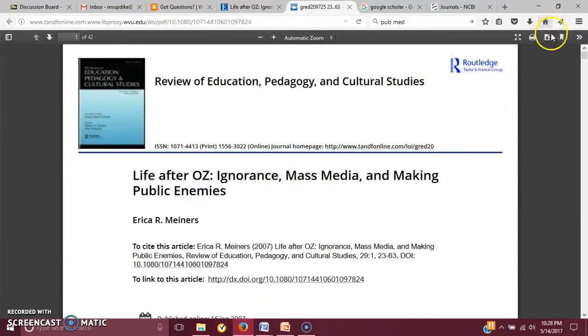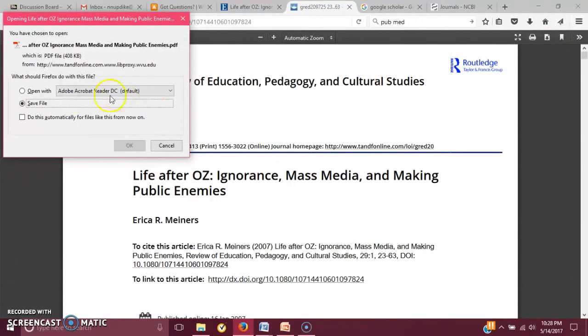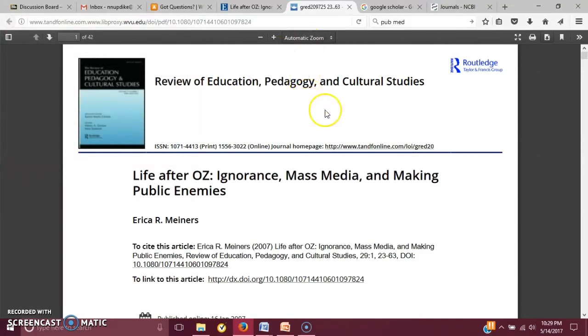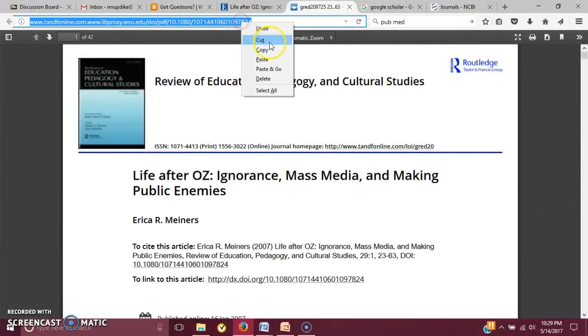All right, so the first thing I would do here is download this. I would put save file. I would save it to my desktop for the purposes of the next 4 weeks, and then after the next 6 weeks, after you have taken this class, delete it. But yes, save it to your desktop so you don't have to go through all of these steps again. Another thing is I would save this link as well. So you would just copy it and